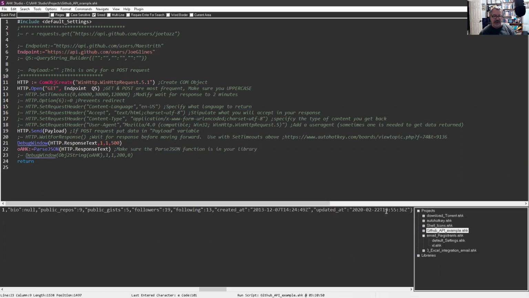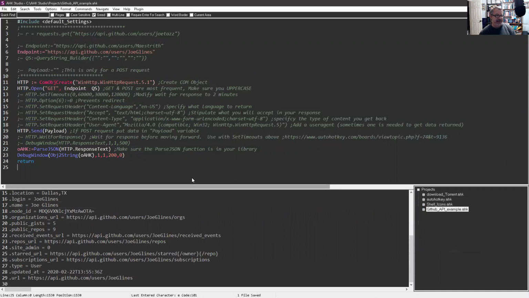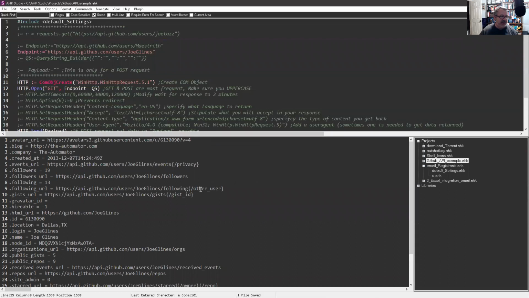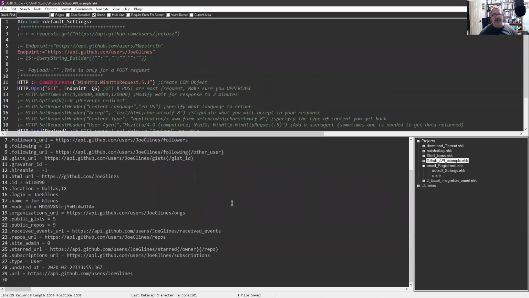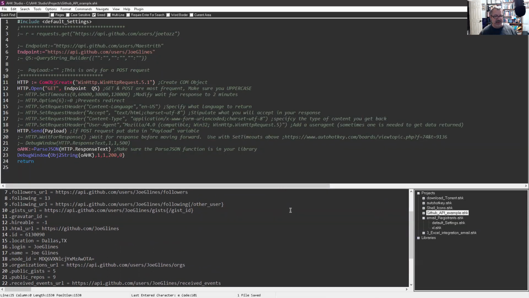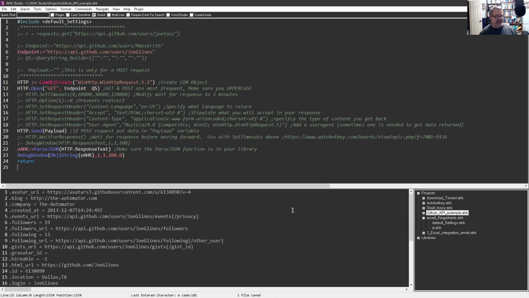So this is the JSON string that got returned, right? Yeah. And it's long and it's difficult to read, but it is the data that was returned. But what I can do is, instead of showing it that way, I'm going to run it through this parsing JSON function and make it a little prettier. And so this dumps it into an AutoHotkey object, and then breaks it out, and so we can easily look at what was there. And so anyway, it's an example of how you would do it in AutoHotkey instead of with Python or whatever you're using. But yeah, JSON is very easy to work with.